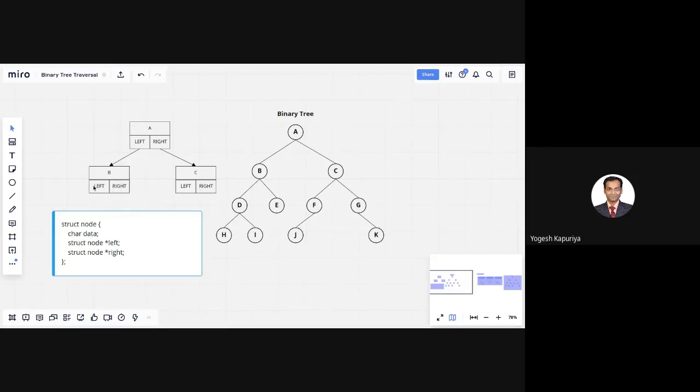So it's very simple to understand that if I now have the address of this node, that means a root node, then I can traverse through any node inside a tree using these pointers.